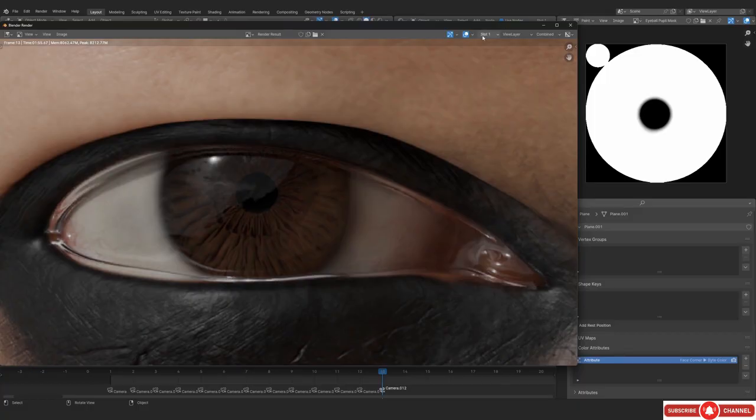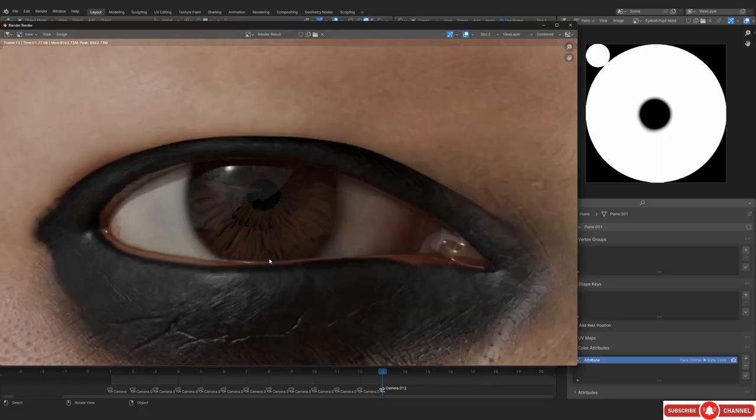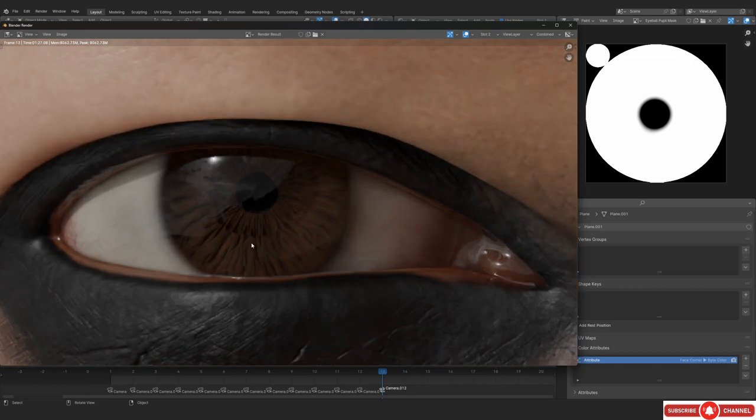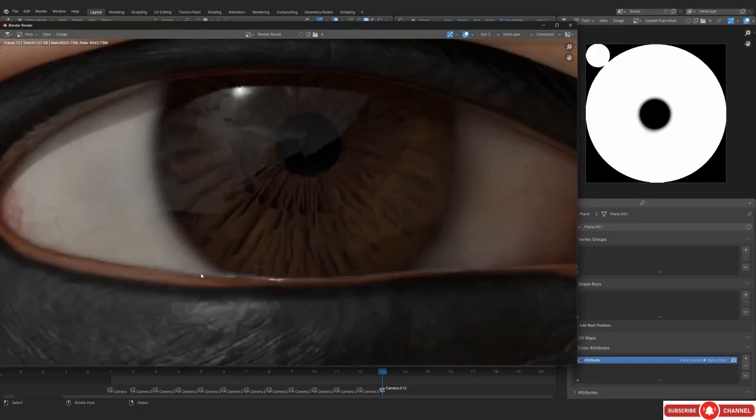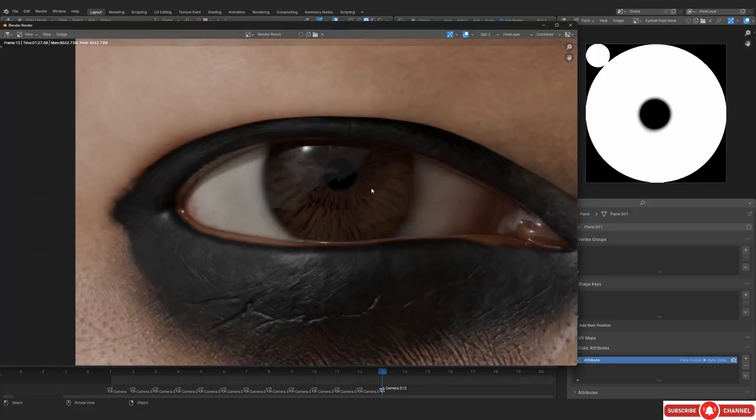So this was before the normal was fixed, and this is after the normal was flipped. If you are also getting the same problem, just make sure that you fix your normals, and it should be good to go. Now, in order to increase the reflection area, you can decrease the sharpness at the corner of your tear line mesh. So increase the bevel basically,